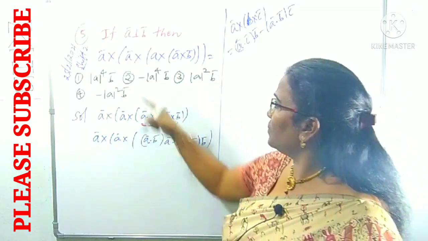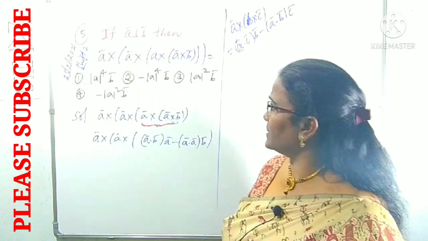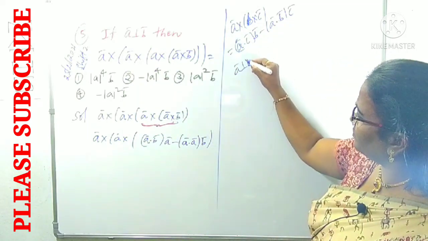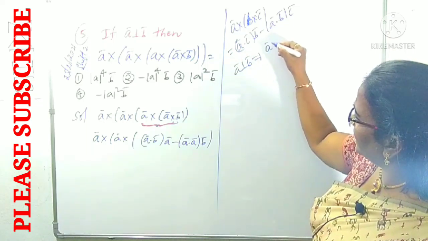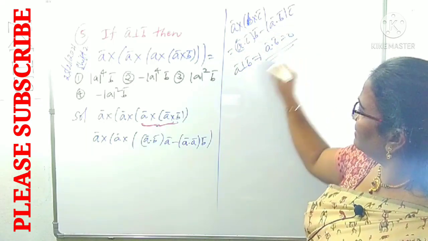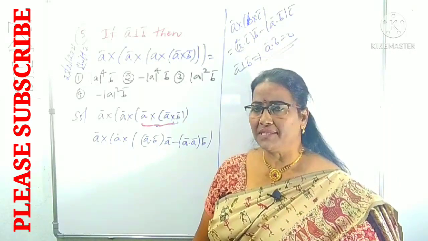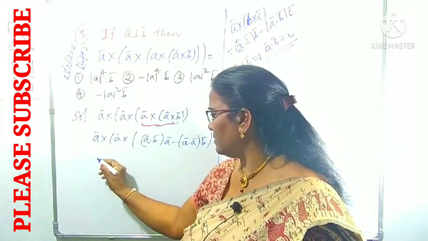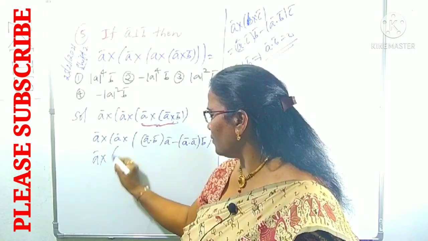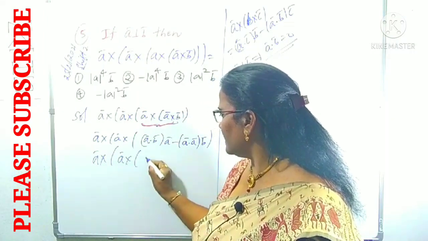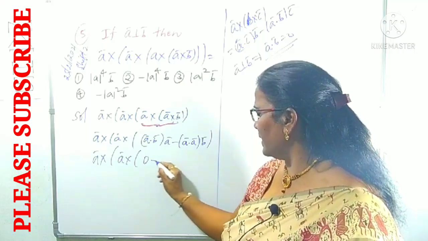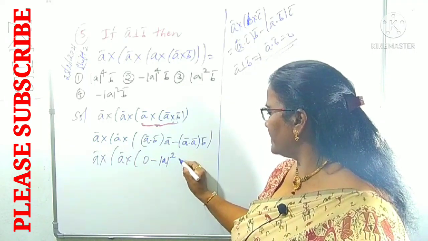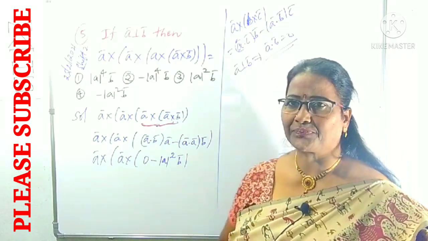Now, you know A and B are perpendicular vectors. What is the condition when two vectors are perpendicular? Already given that A is perpendicular to B, so A dot B equals 0. When A is perpendicular to B, the dot product is compulsorily 0, which means this A dot B becomes 0. Again I am writing A cross of 0 into A bar is 0, minus A dot A, which we can write as mod A whole square, with B bar.